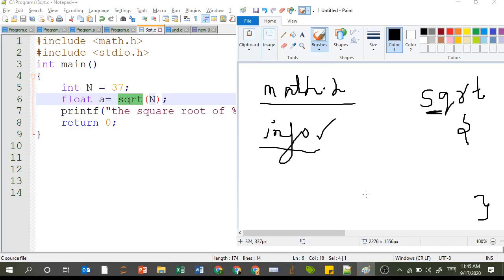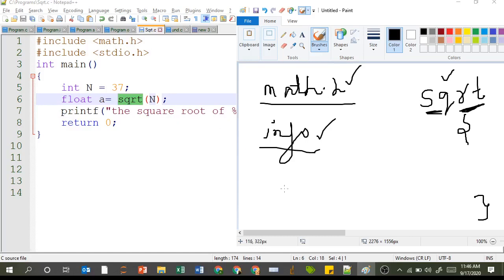What type of information it stores is actually beyond the scope of this particular lecture. We are going to discuss this in the functions topic, in the coming tutorials, where I will discuss math.h and other library functions. So right now you just need to understand that some information related to this already defined function is present in the math.h file. That is why you have to include the math.h file, otherwise your program will lead to an error.